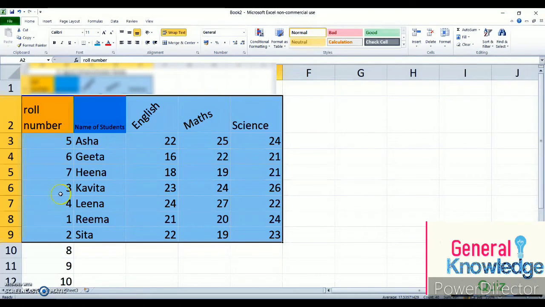So this way students, you can change the look of your Excel sheet. You can sort the data either in ascending or descending order. So for better understanding students, keep on watching both the videos and keep on practicing whatever commands I have taught you